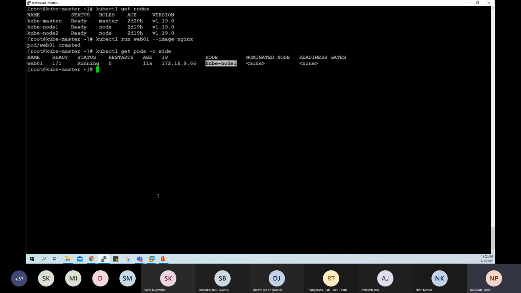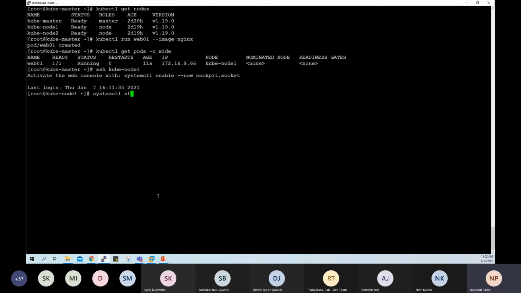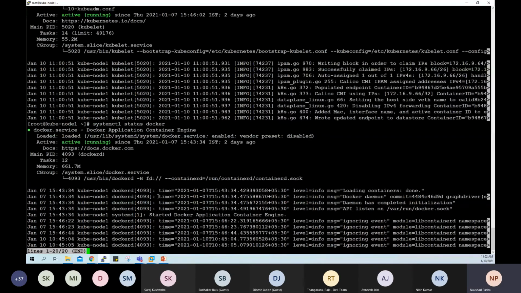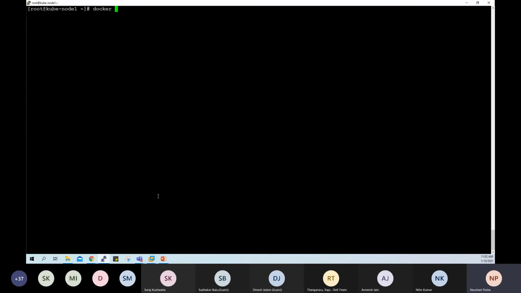So on the worker node, let me switch to one of the worker nodes such as kube node 1. If I check systemctl status of kubelet, which is the daemon, as you can see, the kubelet is running. Let me check Docker. Docker is also running. So behind the scenes, what happened is Docker created the container.